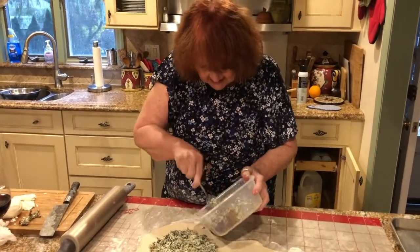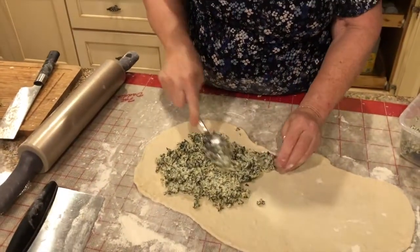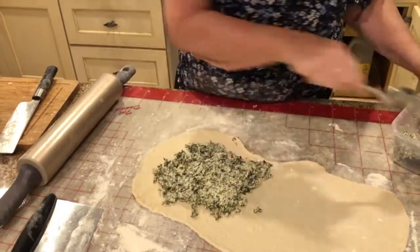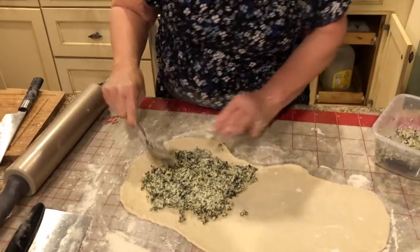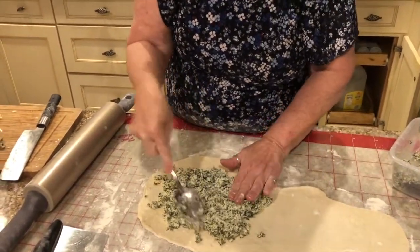This is going to be kind of a calzone. I'm just going to cover it instead of rolling it. Rolling it is going to be a little difficult, I think. So what I'm going to do here is